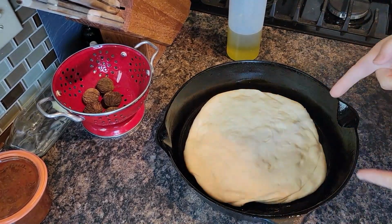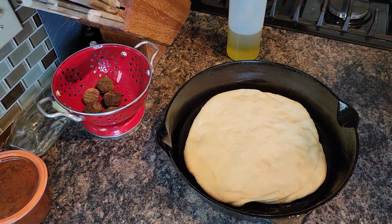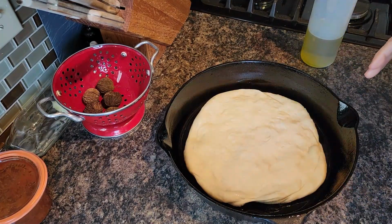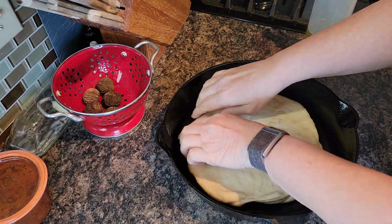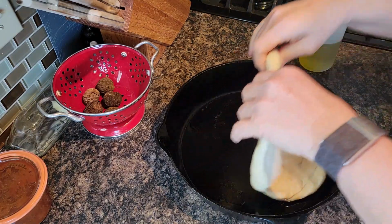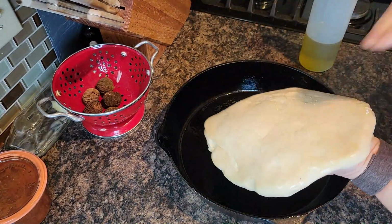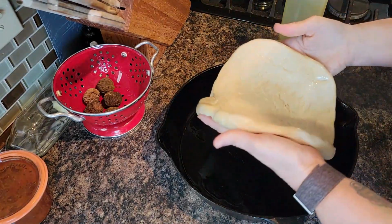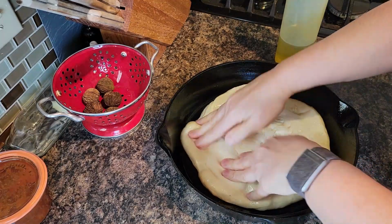15 minutes is up. It has shrunk in a little bit, and the other thing that I neglected to do was to coat both sides of the dough with the olive oil, so I'm going to do that now. Get my bottle open in case I need to add more. I think I might just add a little shot more of that. Turn it over, and then